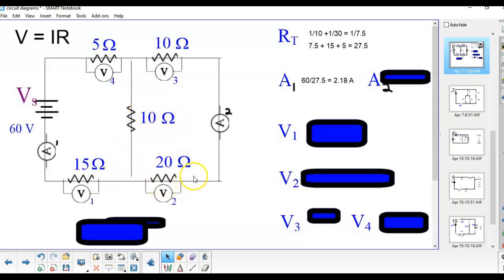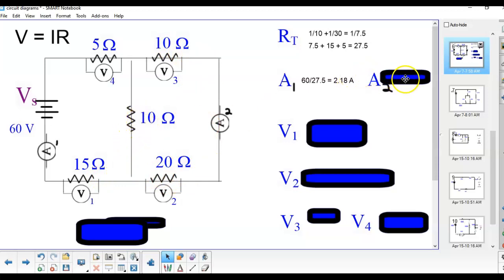If it goes this way, it has to go through 10, 20, that's 30 ohms. 30 plus 10 is 40, and so 1/4 of the current wants to go through the more resistant path, and 3/4 wants to go through the least